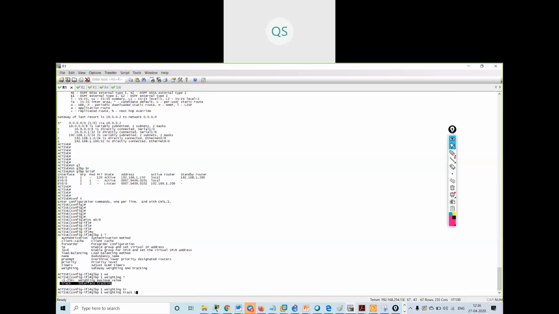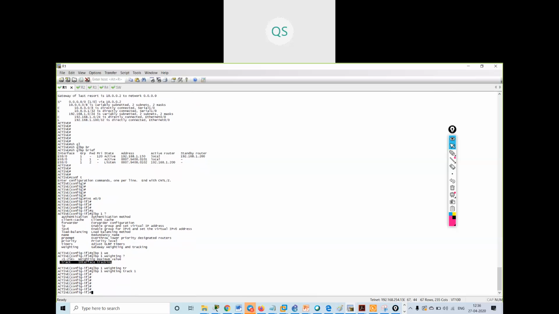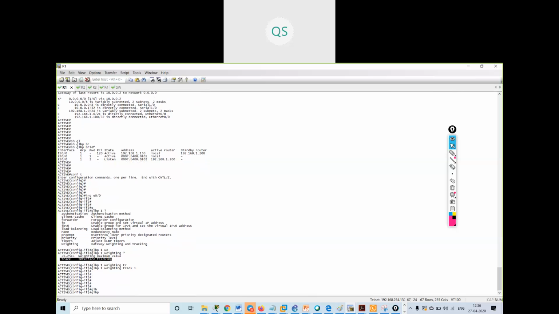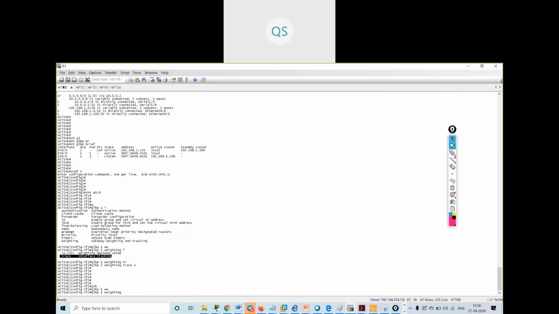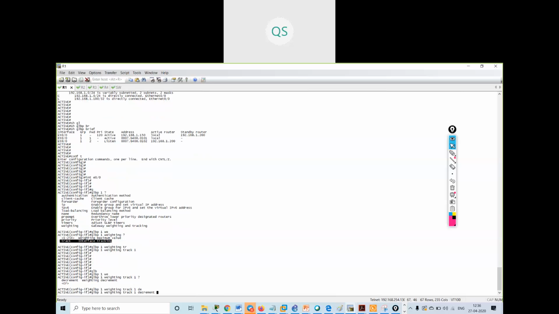I will create a track object 1. Then glbp 1 weighting track 1, decrement